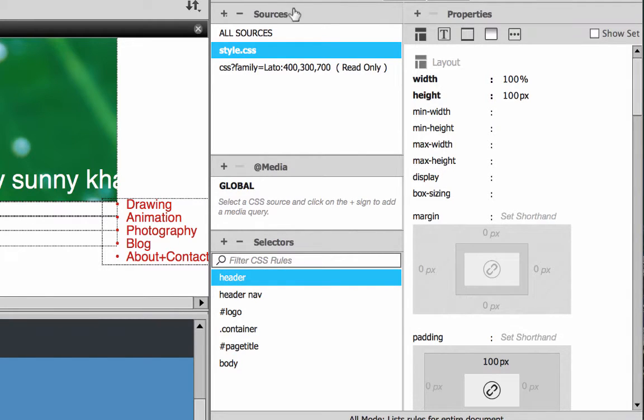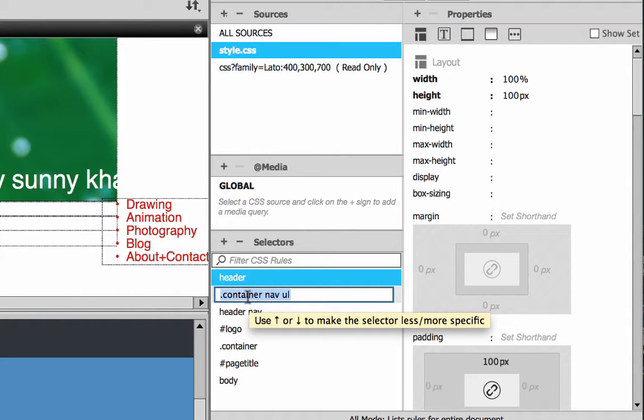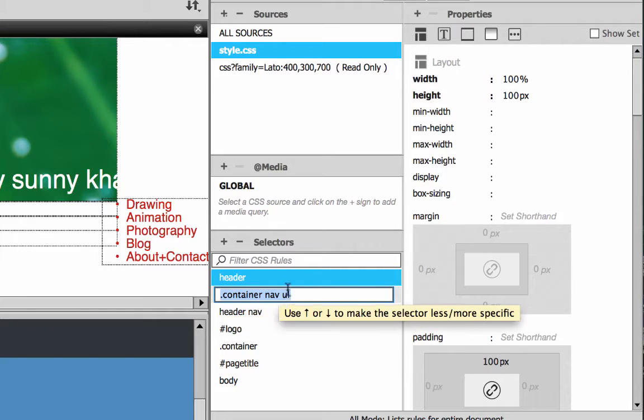Before that, I make sure that under sources, my style.css is highlighted so that all my styles will go into my CSS file. Now I come down here, add a selector. Now notice what it did. The selector says .container nav ul.